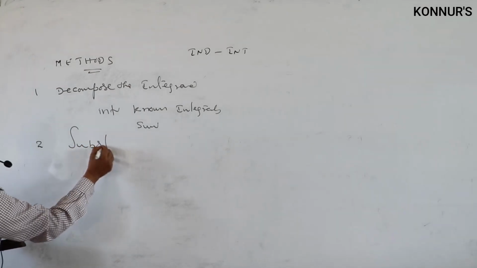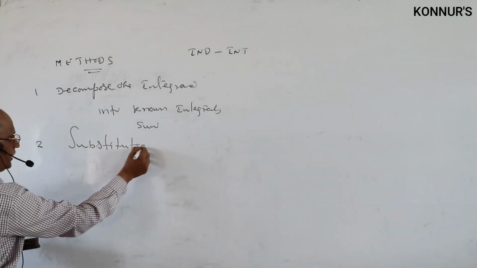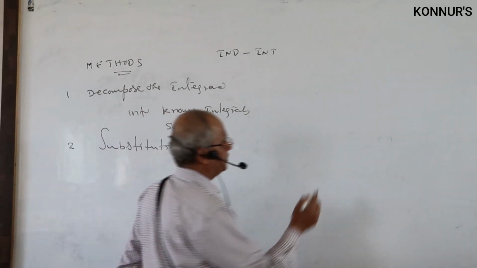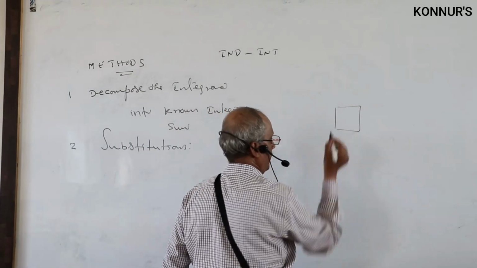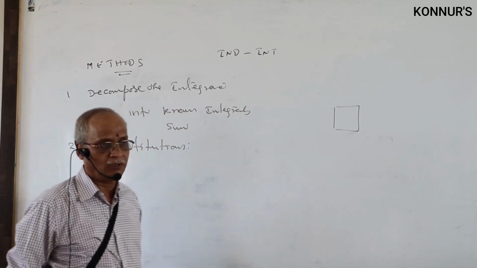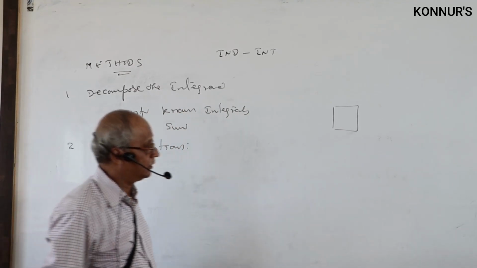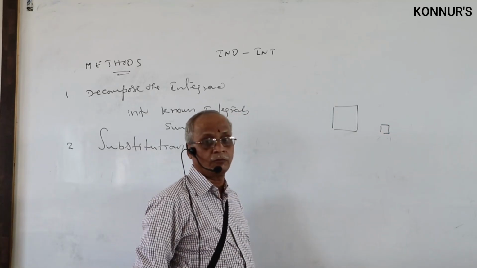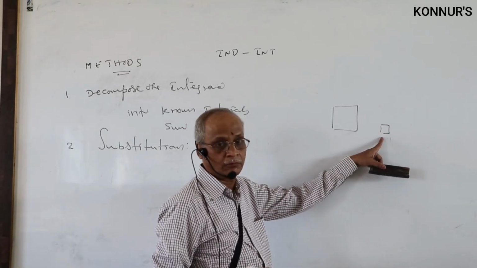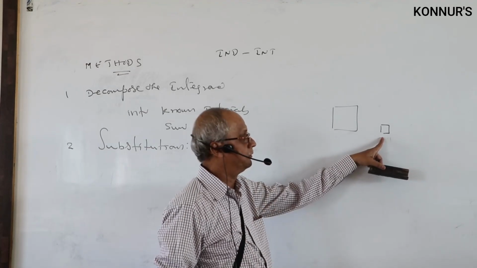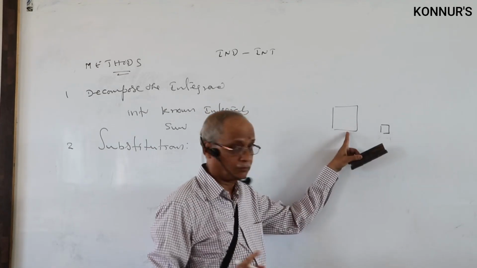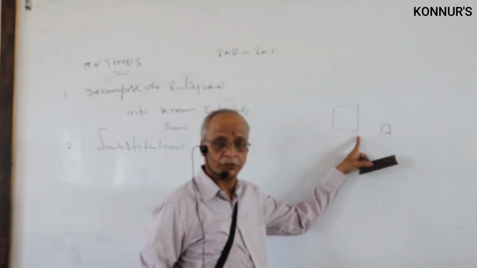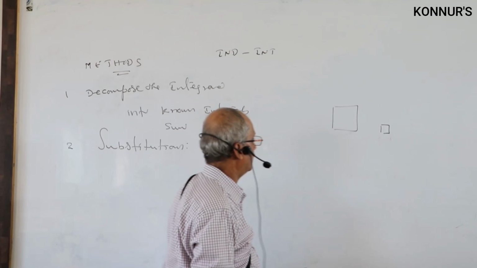Substitutions. Normally we have to go for substitutions. What is the meaning of substitution? When a problem is given in a very big size, if you can reduce the problem into a smaller size where you can do the integration, then you finish it. Therefore, how do we reduce the size of the problem into a simple form? For that reason you have to substitute something. Then you will finish the integration.